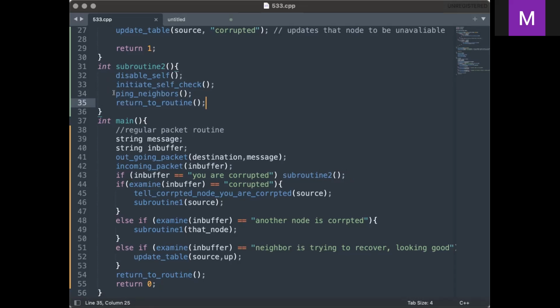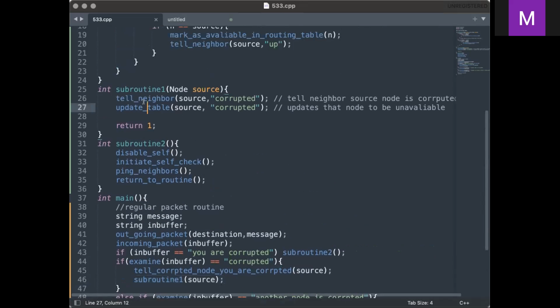And when it's ready, it pings its neighbors, telling them that it has recovered and should be included back into the network. And then if, say, we are the neighbor node of a corrupted node, we examine our incoming buffer and we see that this node is corrupted. Then we tell the corrupted node that it's corrupted. And then we go to subroutine 1, which is telling my neighbor that this source node is corrupted,